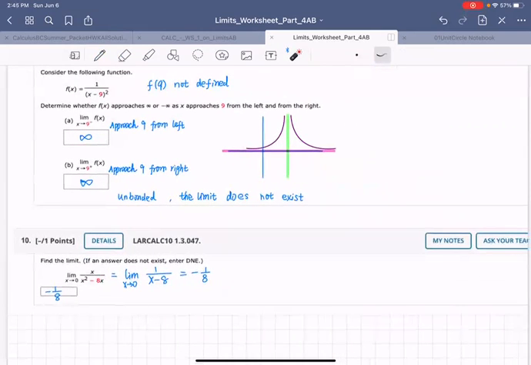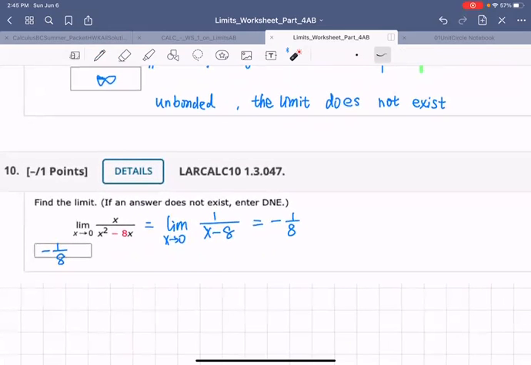Next one. They ask to calculate the limit's value here. Sometimes we can just cancel by a factor, okay? So this question,